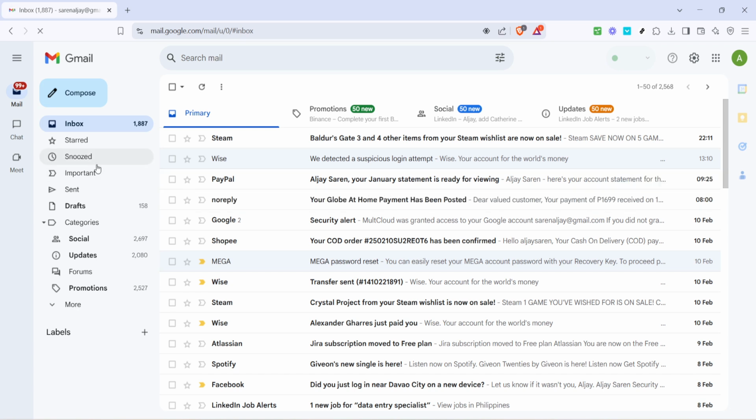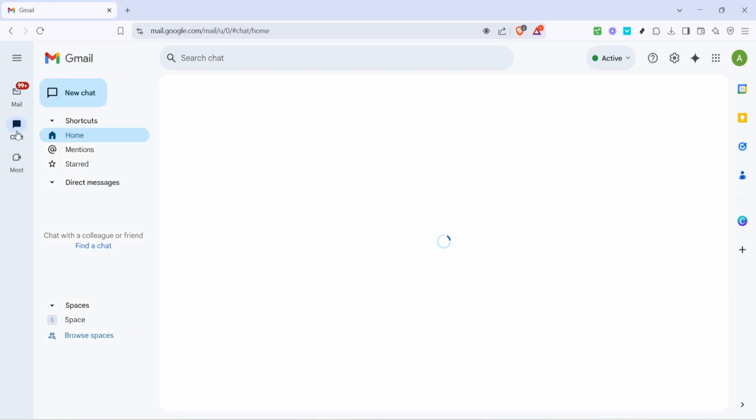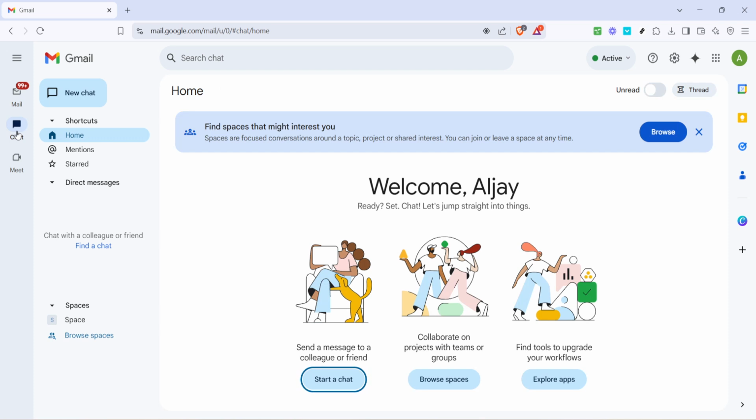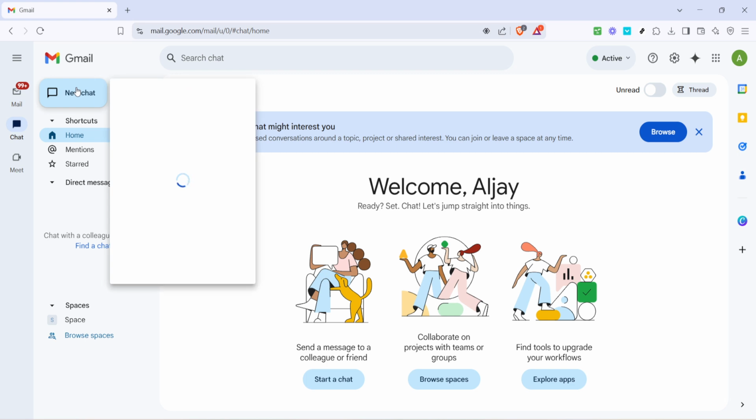Now that the settings part is done, head back to your inbox. On the left sidebar, look for the chat icon. Clicking it will bring up existing chats or allow you to start something new. To start a new chat, there should be a new chat option. Click on that. After selecting new chat, a menu will pop up and you should see an option called Create